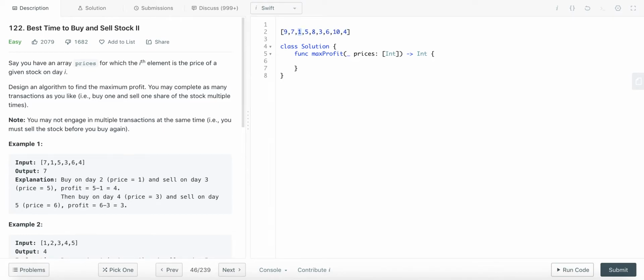So when would we want to sell this? It would be at 8, right? So that is a local maxima, just before the next price drop. So this difference will contribute to the max profit. Now we will search for the next local minima, which is 3, and then we'll sell it at 10. So basically we're just searching for valleys and peaks. This is a valley,